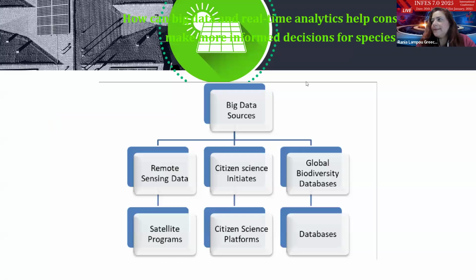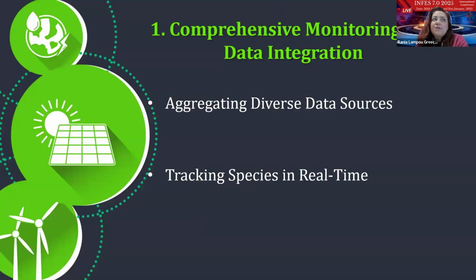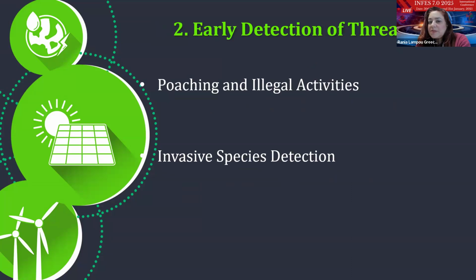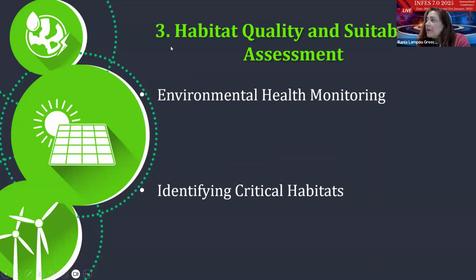So what about big data now? Big data and real-time analytics are transforming conservation efforts by providing conservationists with the tools that they need to make more informed, timely, and effective decisions for species protection. By harnessing vast amounts of ecological, environmental, and biodiversity data, these technologies can enhance monitoring, improve predictive capabilities, and streamline decision-making processes through comprehensive monitoring and data integration, so aggregate diverse data sources, tracking species in real time, the early detection of threats, very important, so invasive species detection, habitat quality and